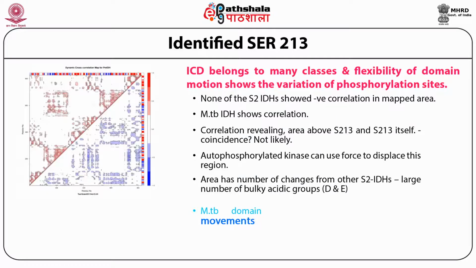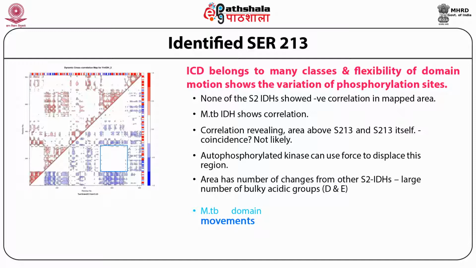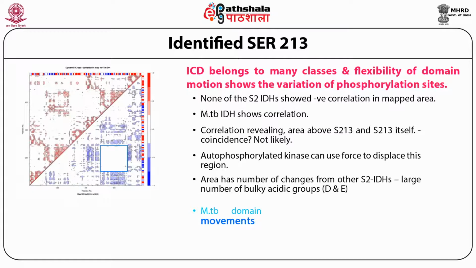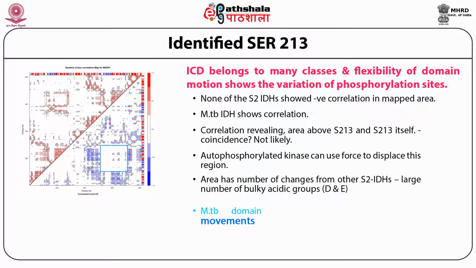Now I show you how these correlation plots can be interpreted. Please focus on the blue part of it, which is shown in the square region. Now this blue part I will put on each of these 4 or 5 classes of IDH belonging to the type of MTB, and they also include human and the pig. So if you focus, you can notice that the plots are just superimposed on each other.